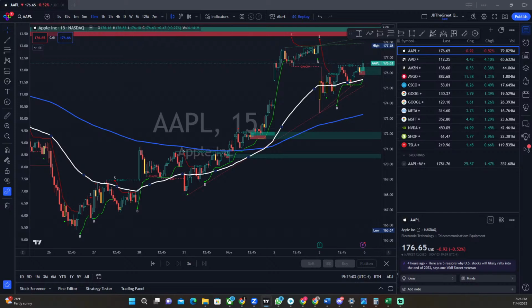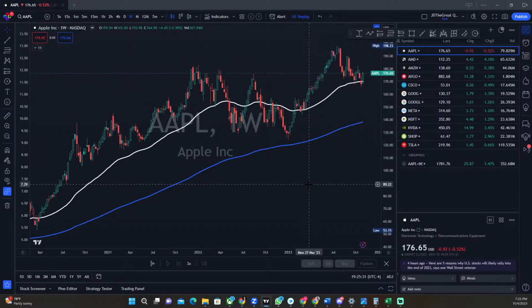I know it's a little late in the evening, but we're going to go ahead and get into some tickers, and try to see if we can figure out what the market wants to do. Now, the market has been pushing up, so let's start off with Apple. Apple, if you don't know who they are, are the ones that make all the phones, all the Macs and all that good stuff. So let's look at this chart from a higher time frame. Let's look at the 1 week.